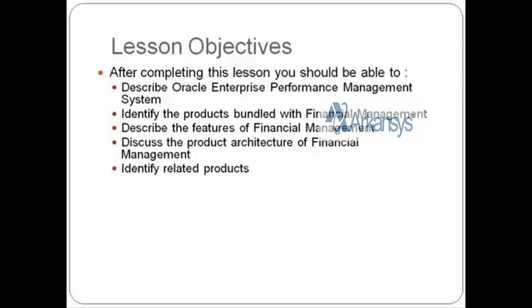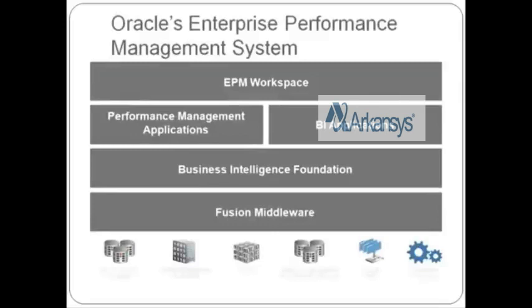So if you look at the current diagram on your screen, which we call Oracle Enterprise, the first question was: what is the Oracle Enterprise Performance Management System? It has around five blocks. The bottommost block is nothing but the different source systems through which your enterprise performance management system or HFM will be fetching data to produce the financial results or financial dashboards.